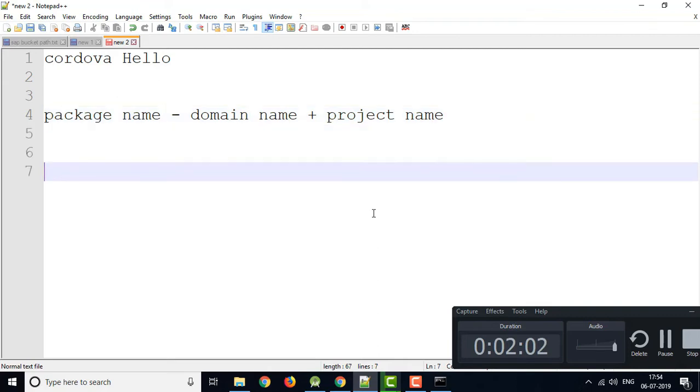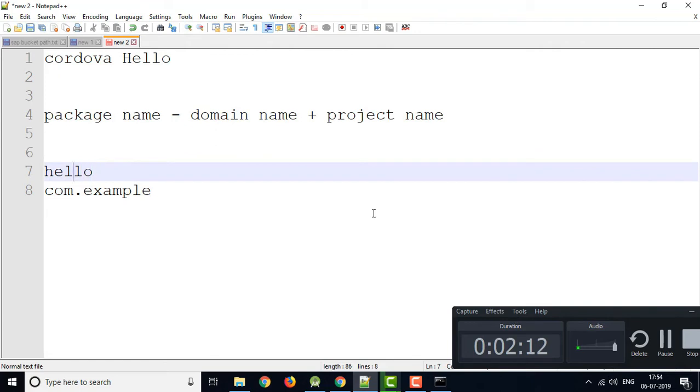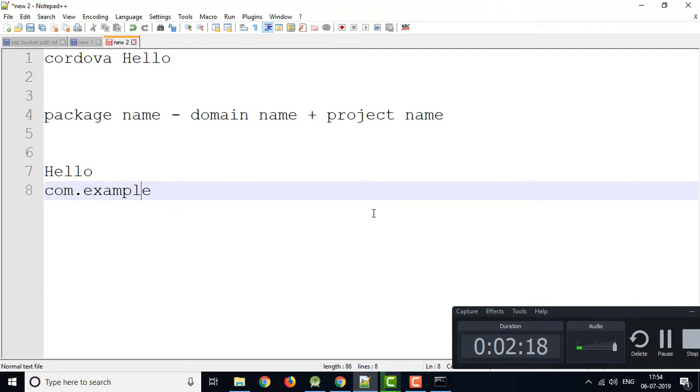Suppose I have the package name com.example and an application called hello. So this is my folder which will be created on my hard disk, and then this will be my package name. This one is the package name. Next is the app name, which will be displayed when we install our application.